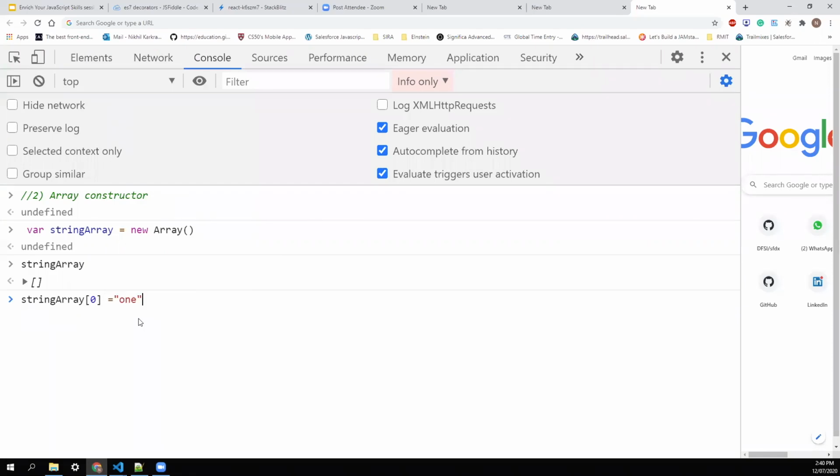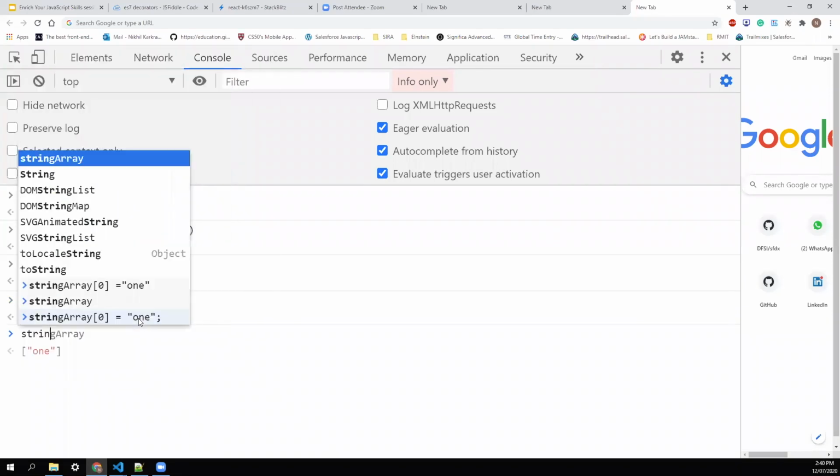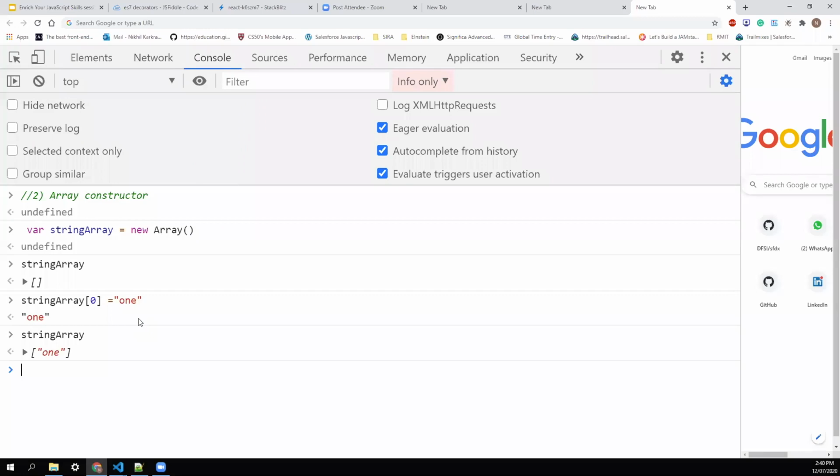If I do this and print my string array again, you will see I'm assigning the element 1 to the 0th index of string array. So this is one way to assign a value when you create an array using array constructor.